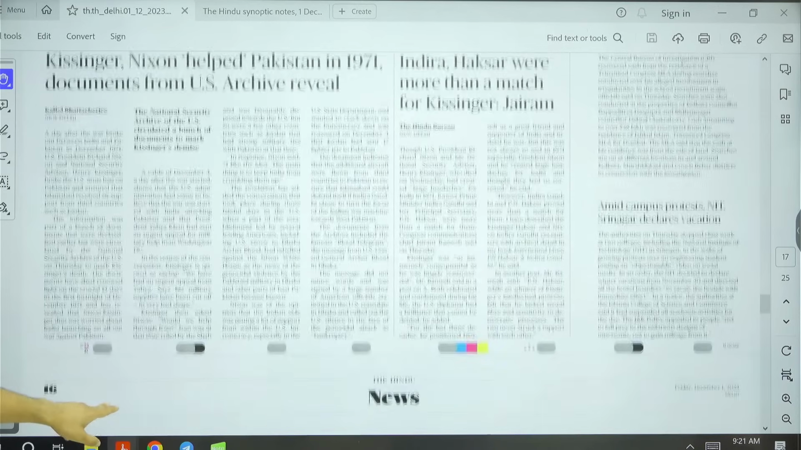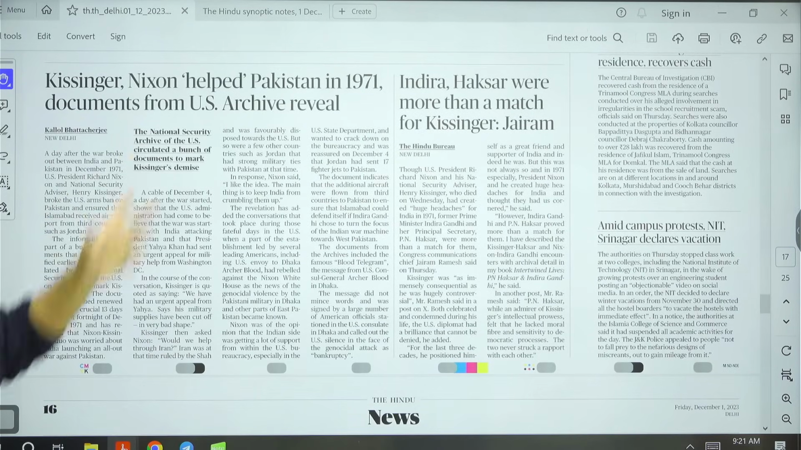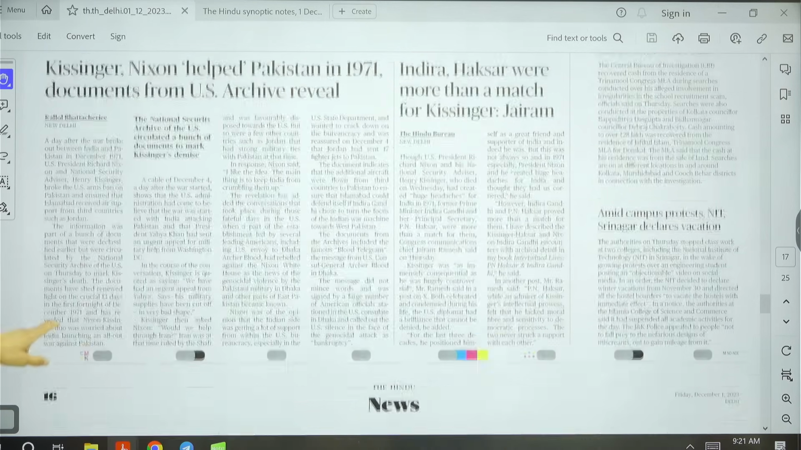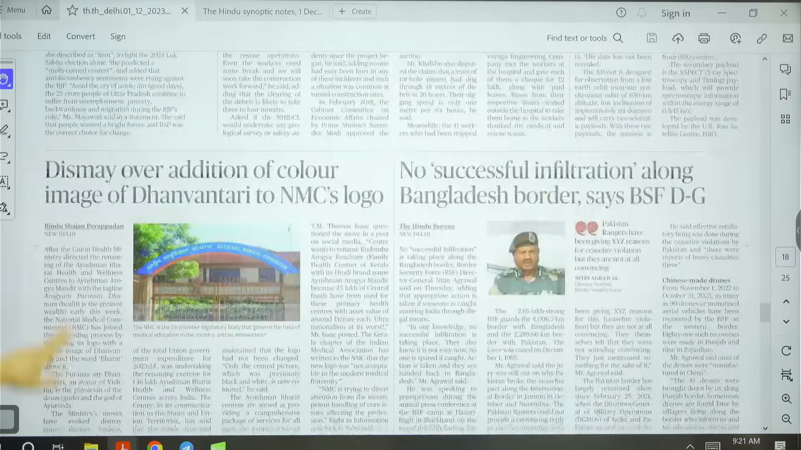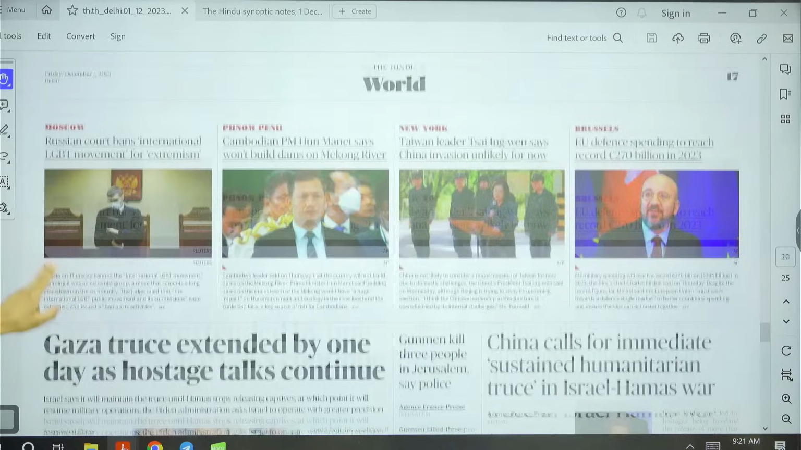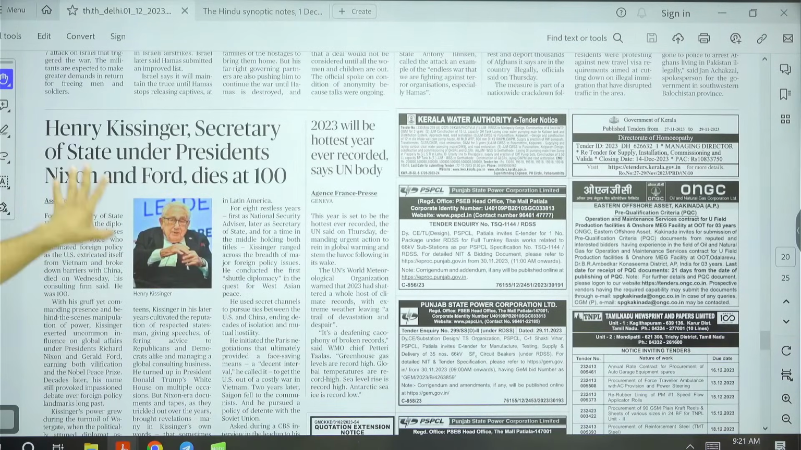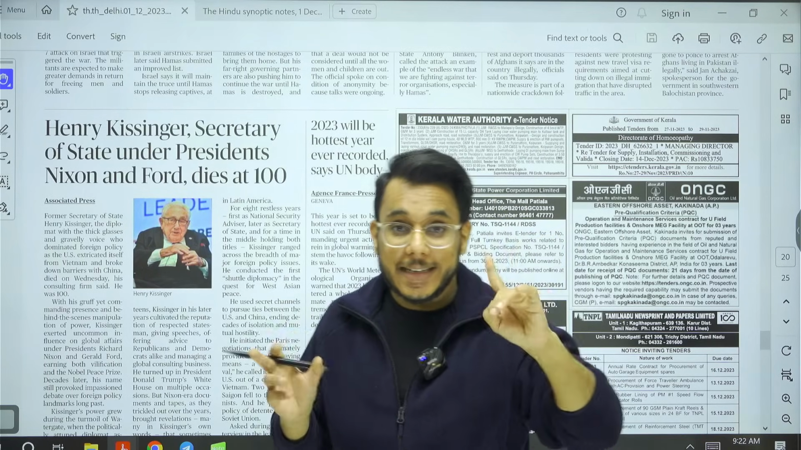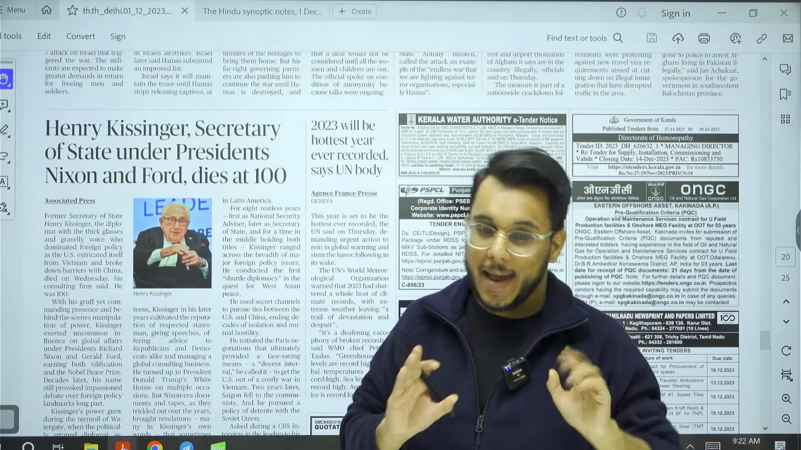Then, further moving on, Kissinger, Nixon helped Pakistan in 1971, documents from US archive reveal. So basically, guys, what has happened recently? Henry Kissinger, okay, there is one more article; I will show you that also. Yes, here is this one more article. Henry Kissinger was the Secretary of State of the USA, and he was Secretary of State when the 1971 war was going on, and at that point of time,